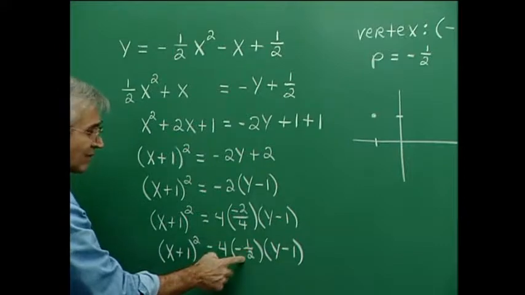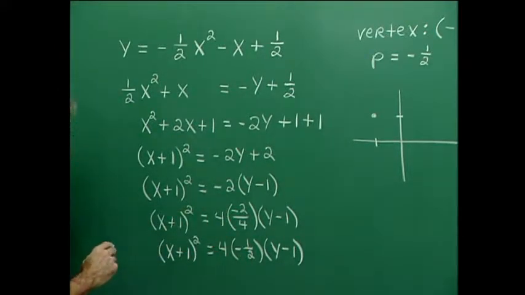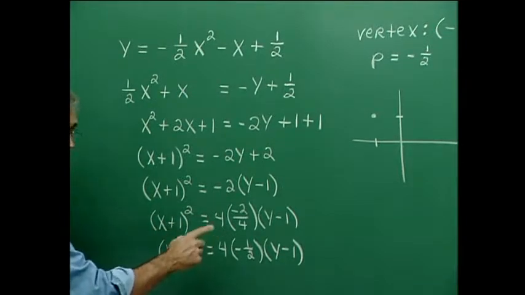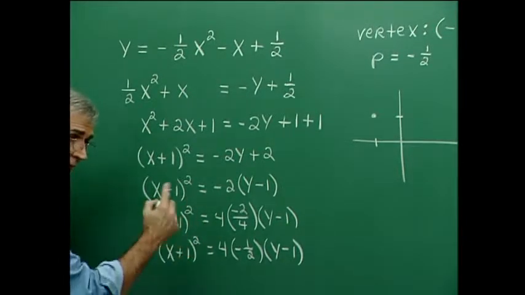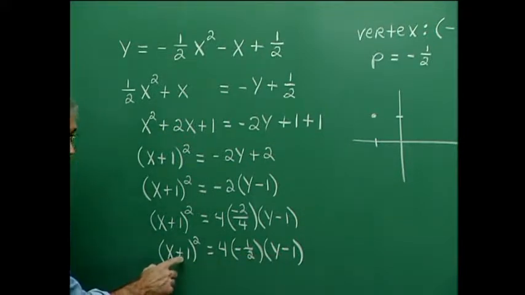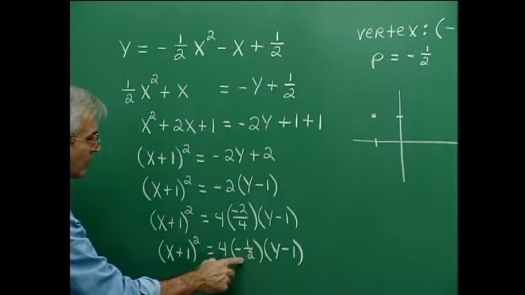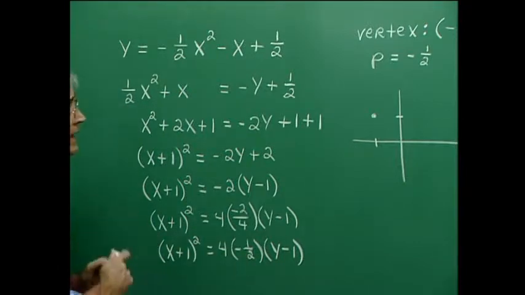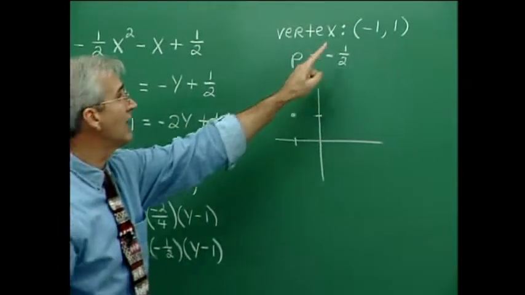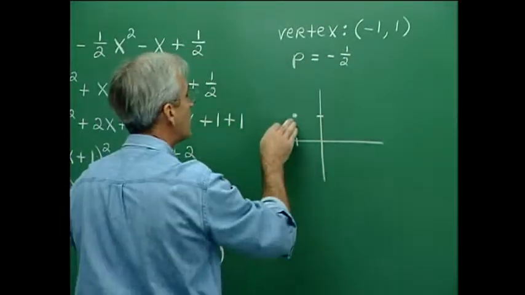Now we have the value of p, and we have the h and k for identifying the position of the vertex. Now remember, h and k, numbers that follow minus signs, the h associated with x and the k associated with y. So we have an h of, let's see, x minus negative 1. So we have negative 1, 1 as the coordinates of the vertex, and the p-value is negative 1/2. With that information, vertex at negative 1, 1, the p-value negative 1/2, we identify the position of the vertex,